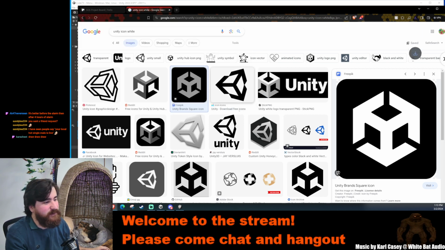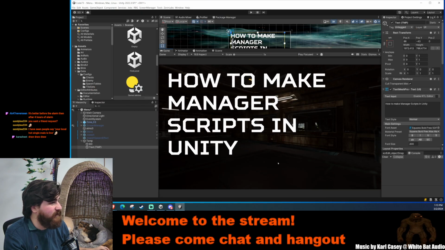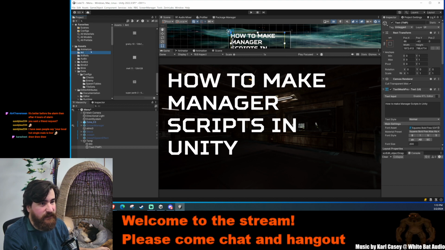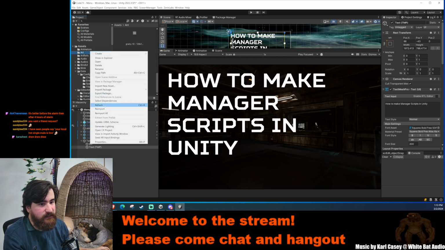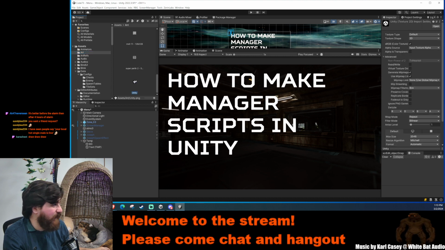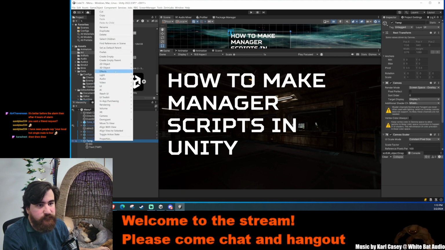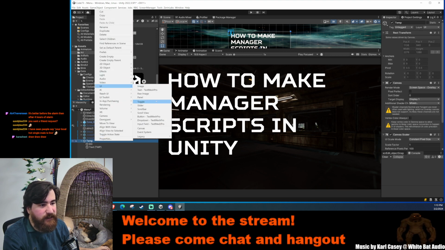I'm not gonna draw the Unity icon. It's like, one, it's freely available, and two, I don't know, it's got weird angles, you know? So let's just make this a little spritey sprite. Apply that. And then we go UI image